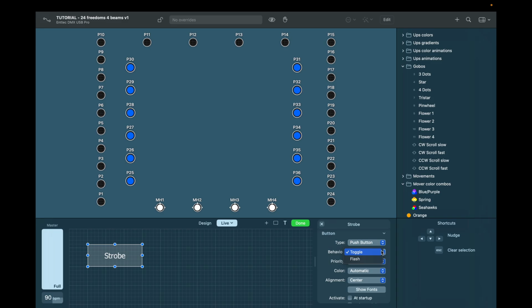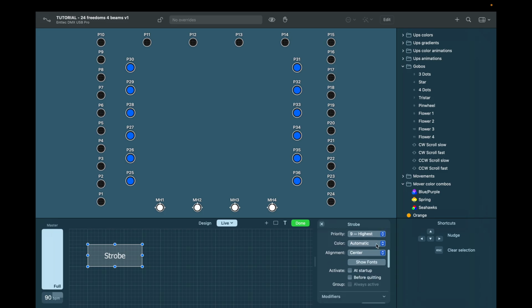And as soon as you release the button, then it stops doing whatever it was programmed to do. And for a strobe, that's the option that we're looking for. The priority, now this may have to override some existing programming, especially something like strobe. So we're going to give this the highest priority so it takes precedence